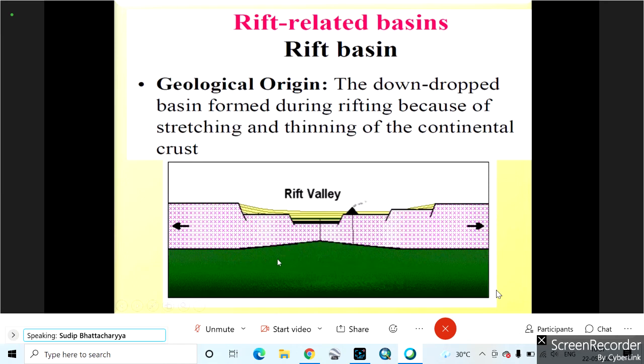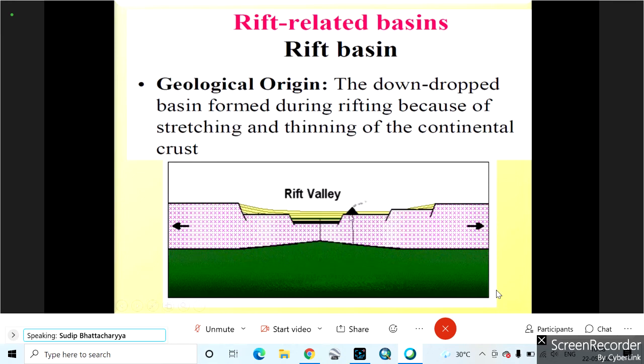If it moves up, then there is a thermal perturbation. What is thermal perturbation? Earlier, if there were 600 degree centigrade, 700 degree centigrade, 800 degree centigrade contour lines, then if your asthenosphere comes up, the hot molten state will come up, and you will get 900 or 1,000 degree centigrade temperature. Normally, where we expect 600 to 700 degree centigrade, the crust will be heated, that will melt, and in that way,